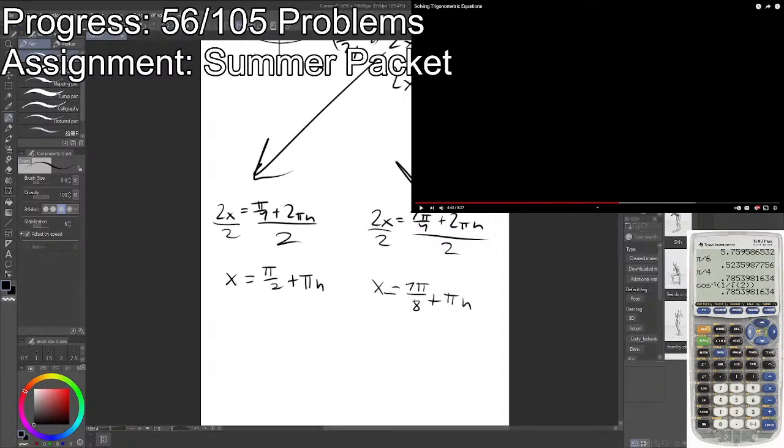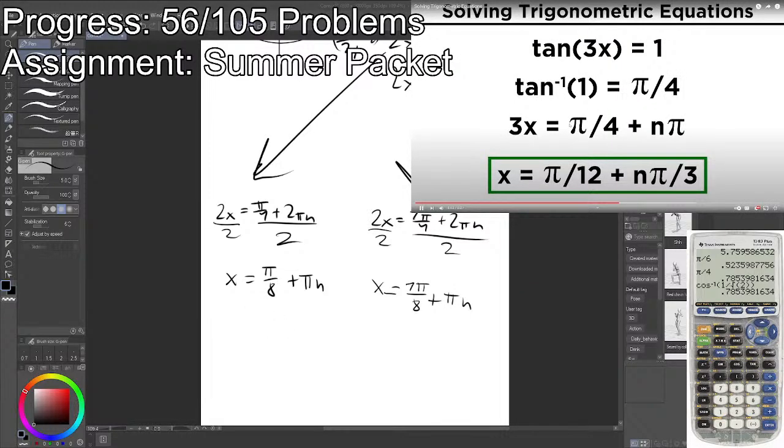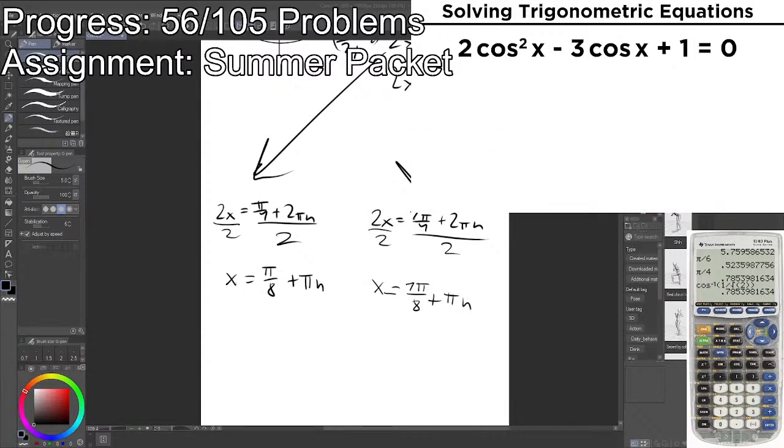Should be 8, actually. I might be on something, but this is what I'm getting. Plus n pi over 3. Trigonometric equations get much more complicated than this. We can even see them in quadratic form. Take something like 3